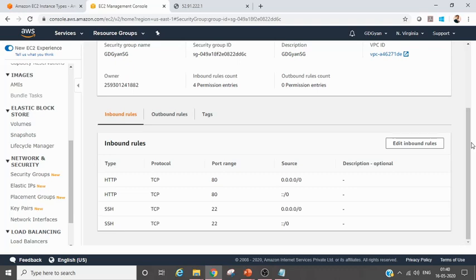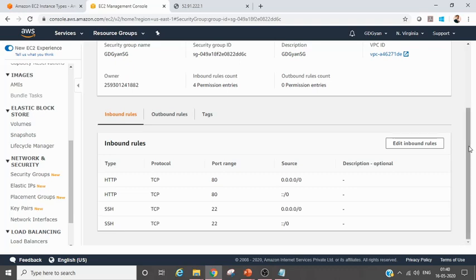Here by default everything is denied. In NACL you can have allow and deny separately, you can do that. Here whatever things are there in inbound, the same thing goes for outbound, which is stateful. And in NACL you can block a particular IP, which you cannot do in a security group.